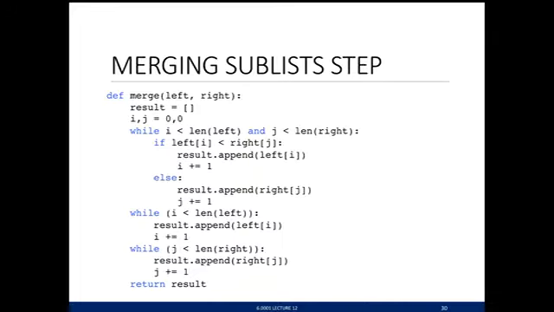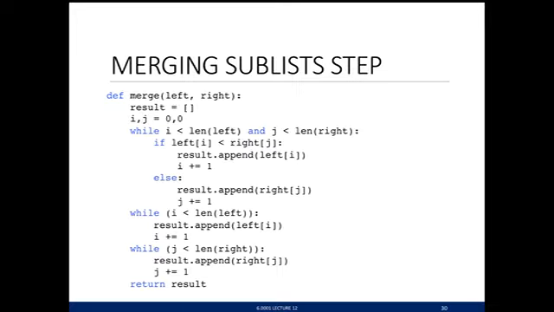And I know there's a lot of code here, but we can walk through it and get a good sense of it. I'm going to set up a variable called result that's going to hold my answer. And I'm going to set up 2 indices, i and j, that are initially 0. They're pointing to the beginning. And remember, the input here is 2 lists that we know are sorted, or should be sorted, or we screwed up in some way. So initially, i and j are both pointing to the beginning of the left and right list. And look at what we do. We say, as long as there's still something in the left list and still something in the right list, i is less than the length of left, j is less than the length of right,